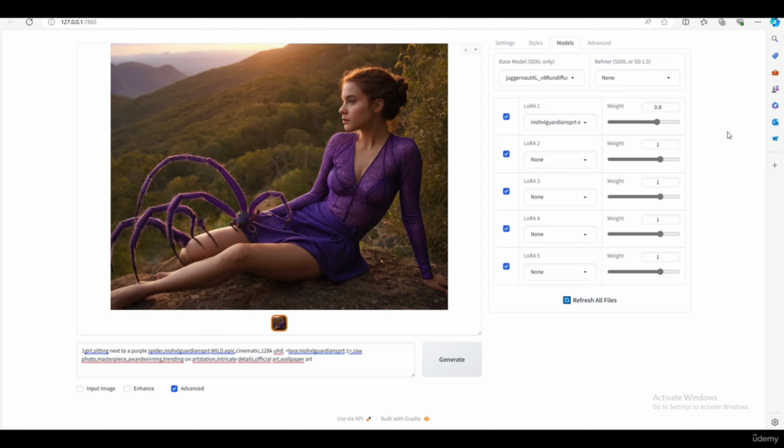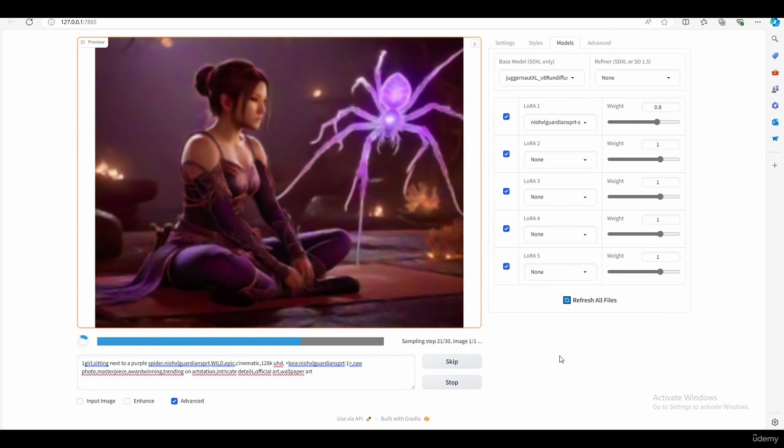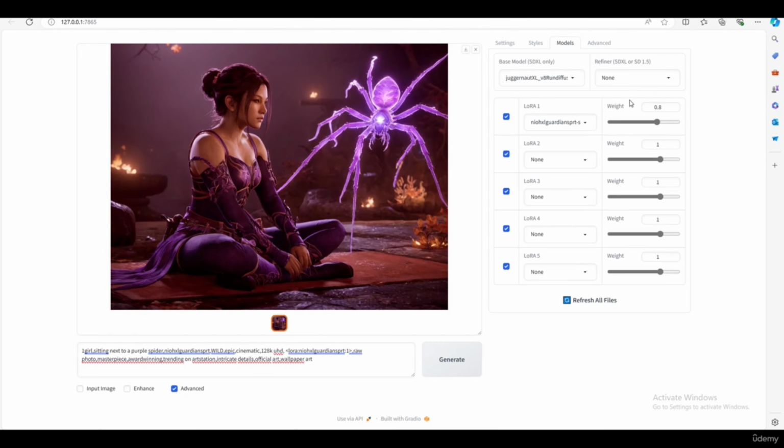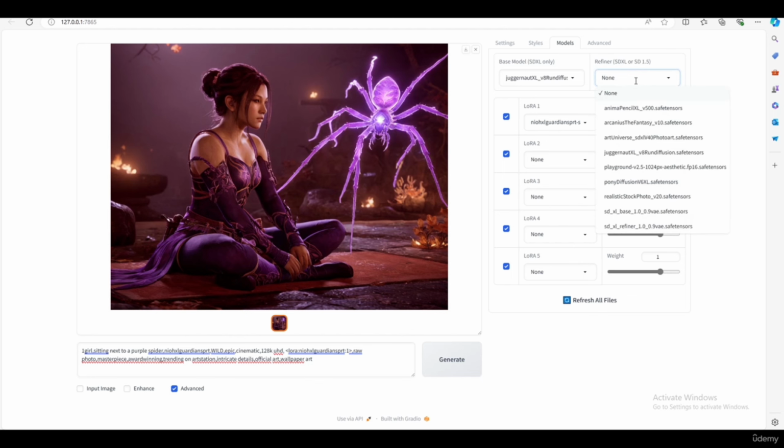The weight we are using here is 0.8. Let's generate it again. What we have to do with the weight is experiment with it slightly up and down, because this weight tells our LoRA how much of the information we are using from this LoRA with this base model. Whenever you select SDXL 1.0,